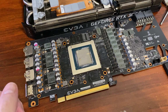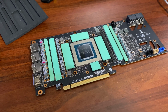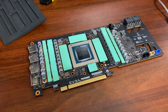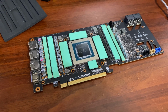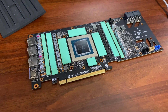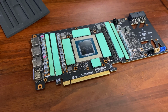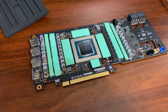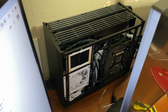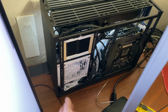Alright, got the pads installed. Now I get the thermal paste applied and put the card back together and hope that I didn't break this thing. I don't think I did, but it's never really fun taking a card of this caliber apart. Even though it's not new by today's standards or top tier anymore, I still view it as a very expensive, very top tier card. Alright, before I put the side panels on and whatnot, I need to make sure the thing still works. So with that said,